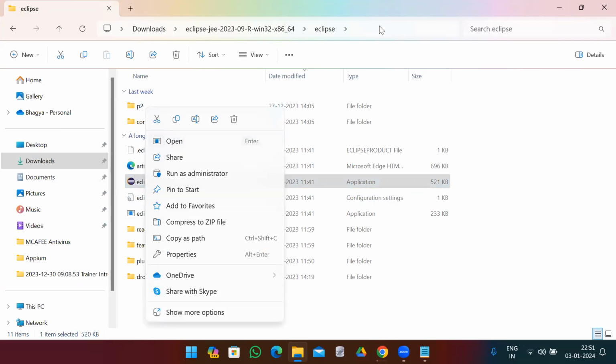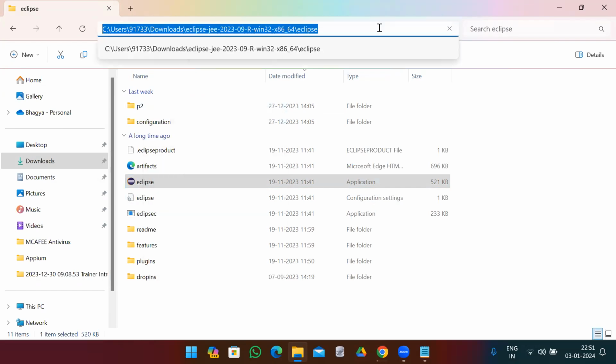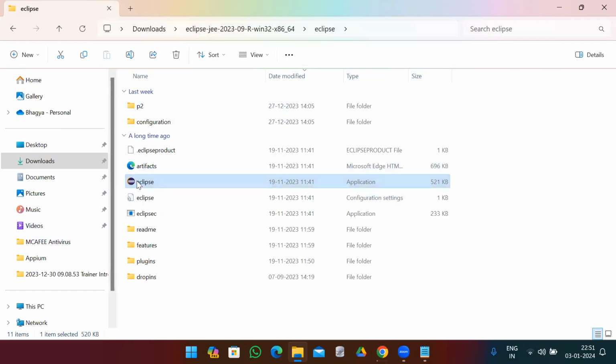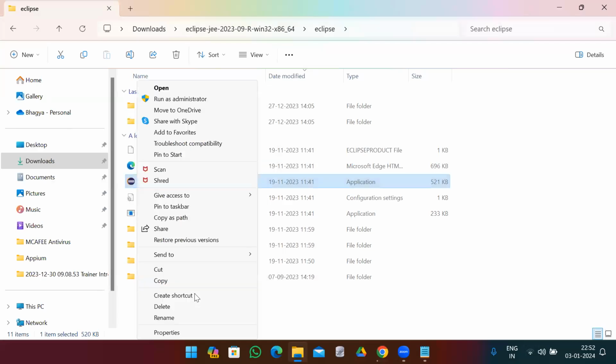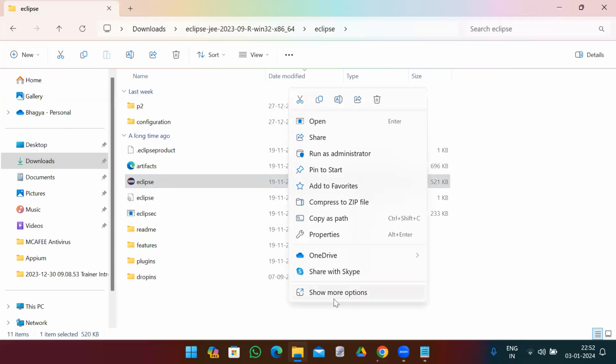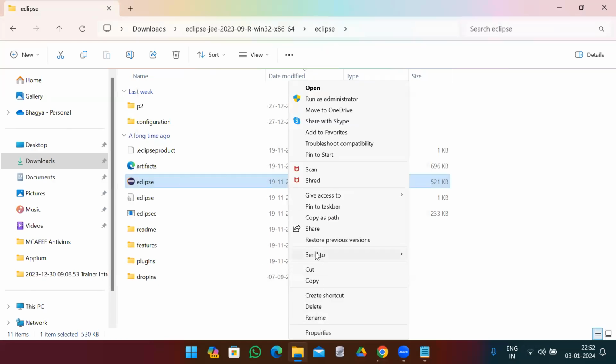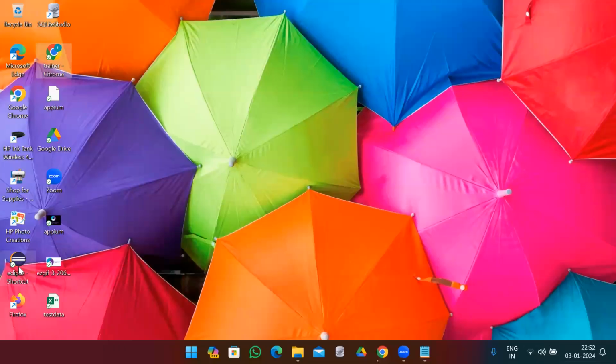If you don't want to go to this particular path every time, the shortcut is you can keep your Eclipse inside your desktop. Okay, so in order to do that, you can just right click and say send to desktop, create shortcut. If you just do that, your shortcut will be created here. Okay, and now